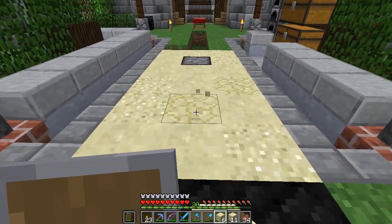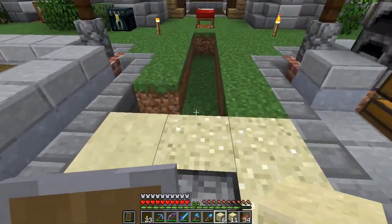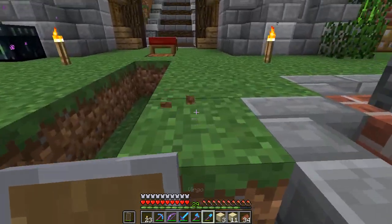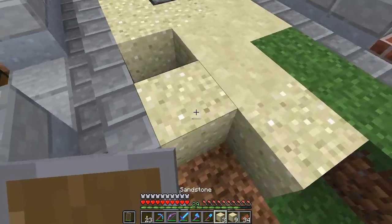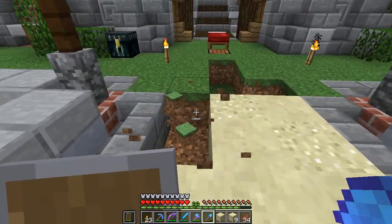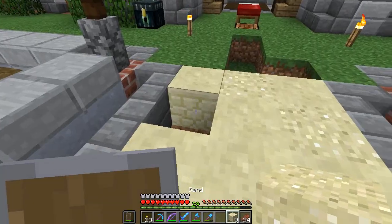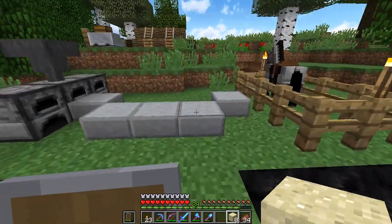I just wish there could be a brick texture in here somewhere. I guess I could texture pack it in if I wanted to, but that just wouldn't be how I operate. When I do stuff with texture packs, it always makes me think nobody else on the server can see this build this way, which is why I stick with the default texture pack, and why recently I have sort of stopped watching people that I'm really into watching, people like B00,